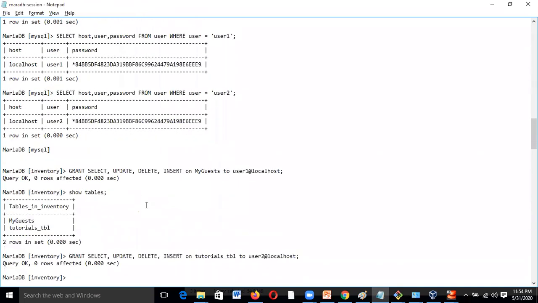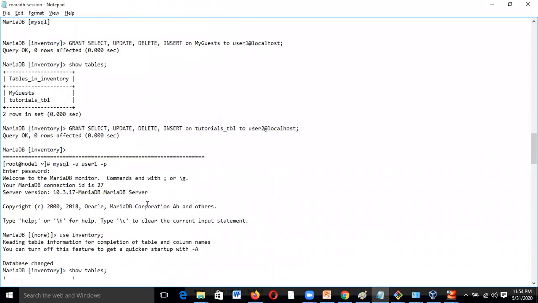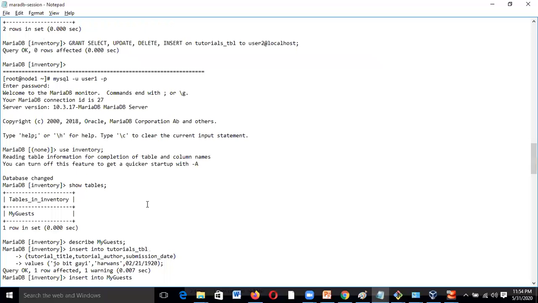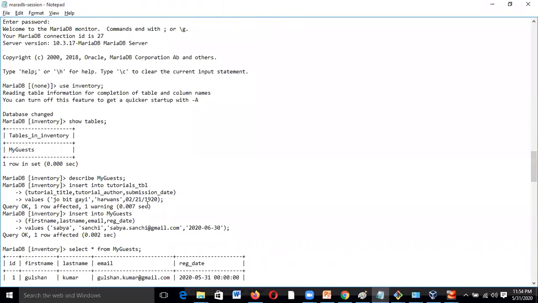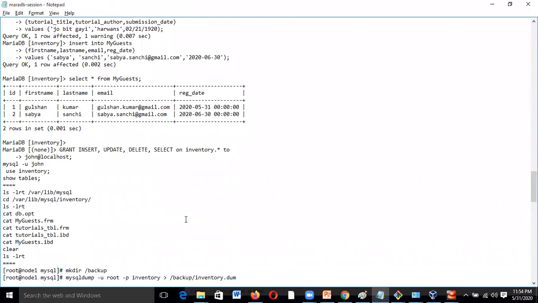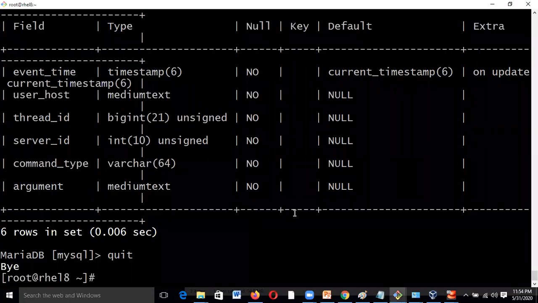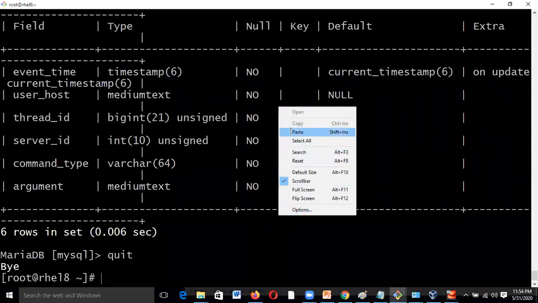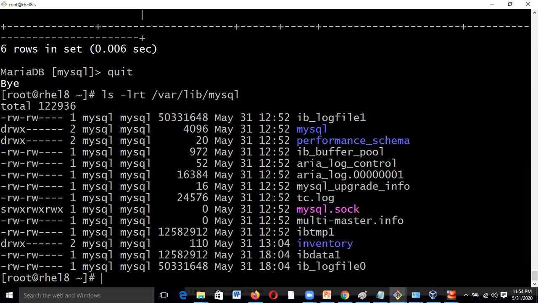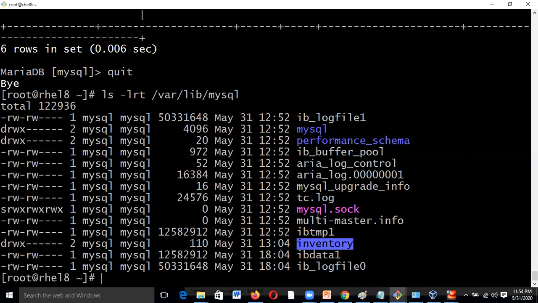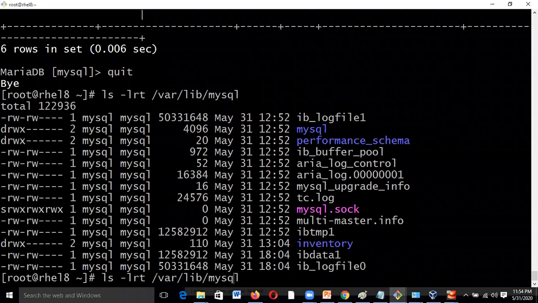So here we have seen how we inserted our values and how we created our tables. Now I will show you the place where your database is putting all this information. Here you can see this is the place where everything is getting stored. You have created one database, inventory, and by default MySQL is there. So if you go inside this